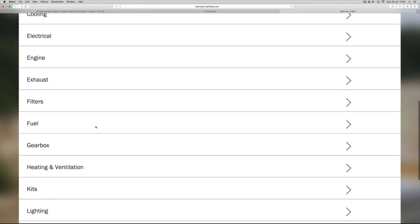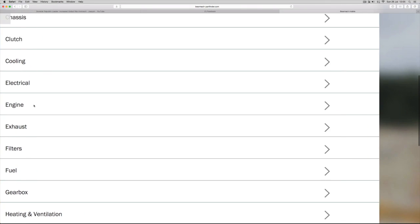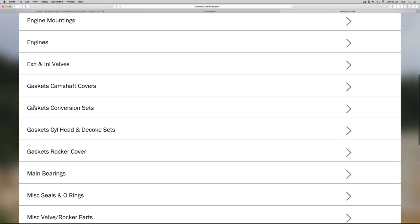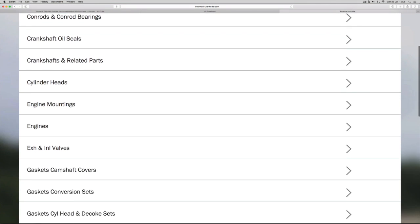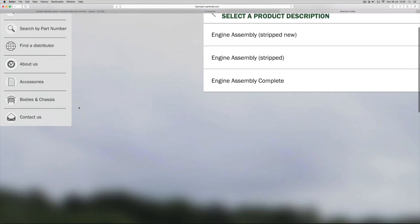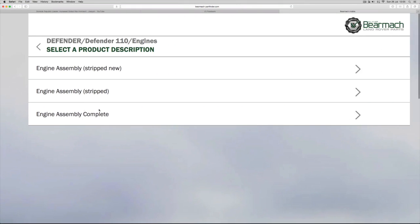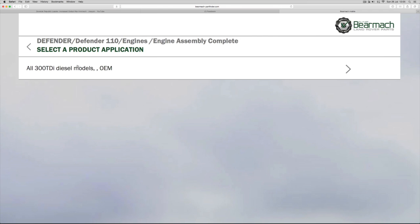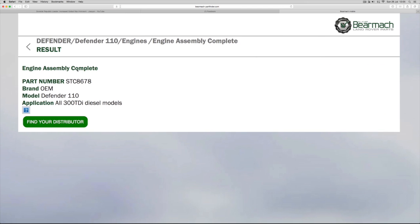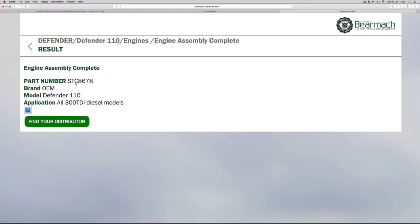Now what I'm going to look at is the price. I'm going to look at the part number for a full engine. Okay, so we've got engines, engine parts. So I'll go through engines, and I'm looking now for the 300 TDI full engine complete assembly. Okay, so we have it here at the bottom. Click on that, takes us through 300 TDI models, STC 8678. Brand OEM. Okay, now I'm just going to take a little screenshot of that and put it on Facebook, and